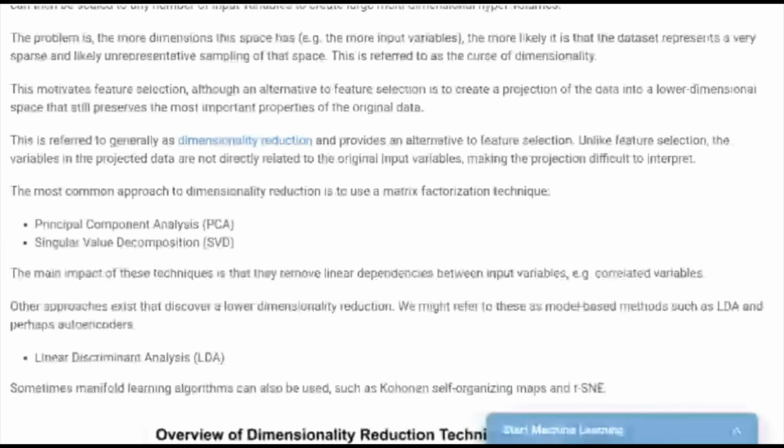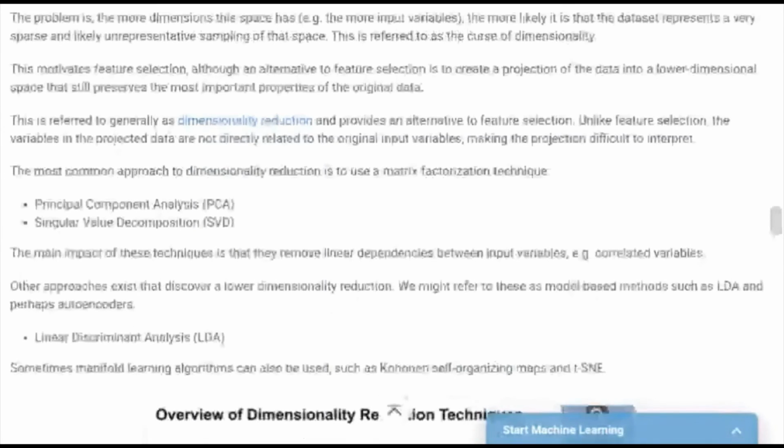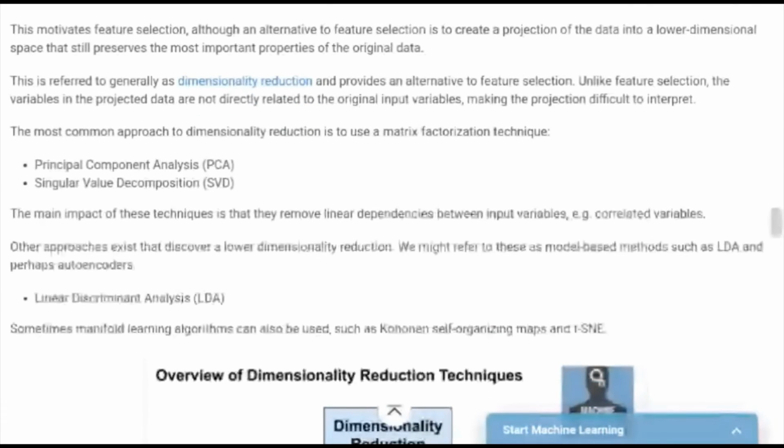It provides an alternative to feature selection, in which some dimensions are considered and some are ignored. The most common approaches for dimension reduction use factorization techniques, of which there are two: principal component analysis and singular value decomposition. These two techniques are used for dimension reduction.